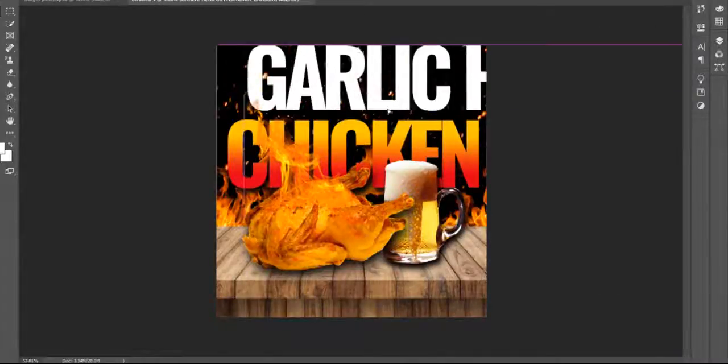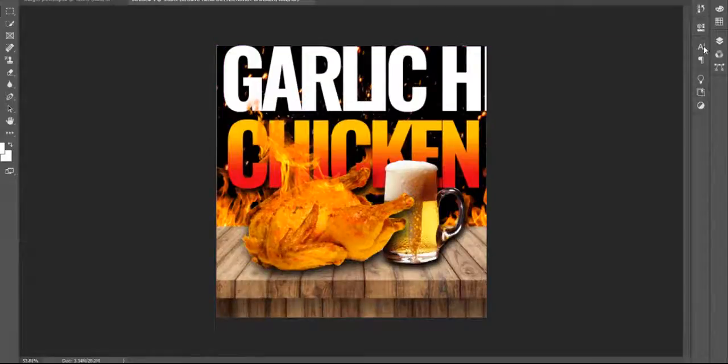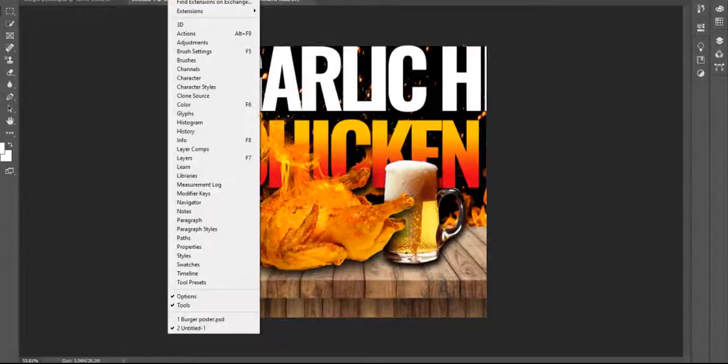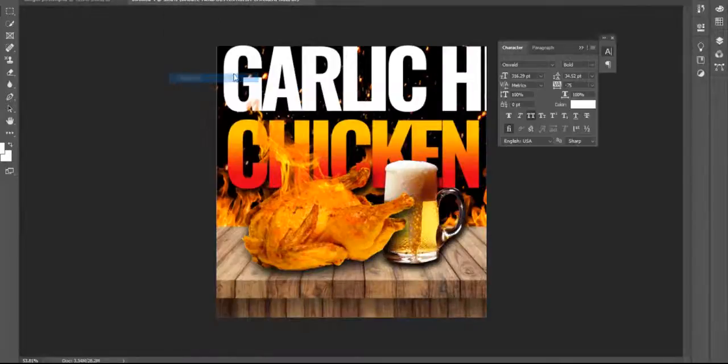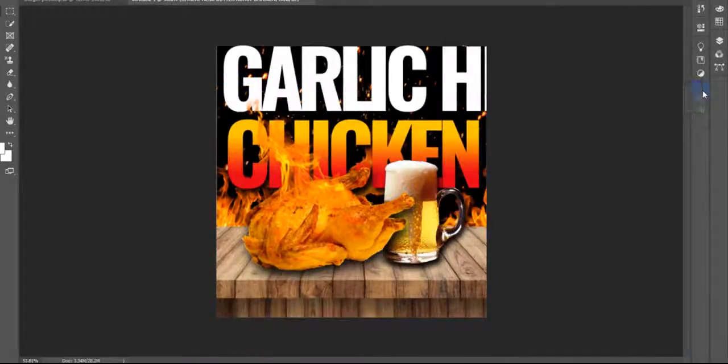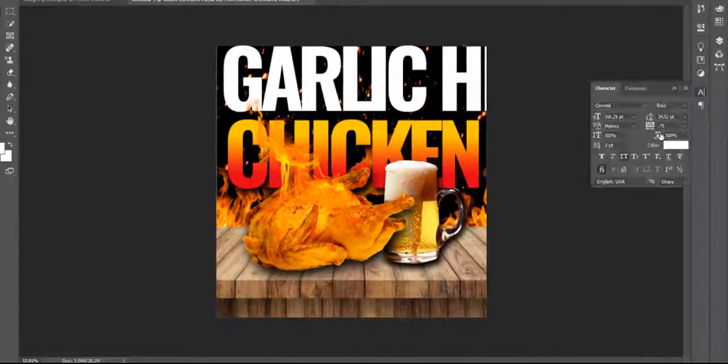Then I want to edit the character. If you want to edit the character, you have to go to the character palette. If you can't find the character palette here, just go to the Window menu and you can find Character here and just dock this character palette, right?